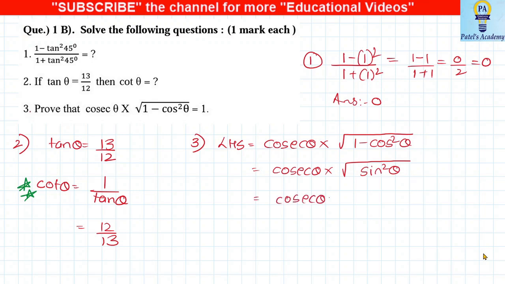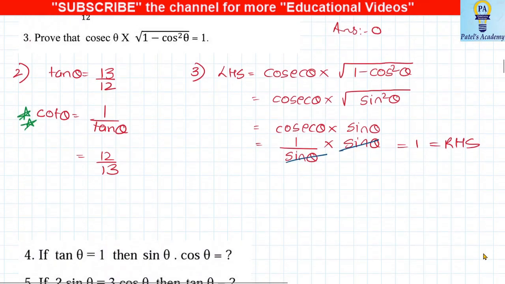This cosec theta as it is, square root of sin square is nothing but sine. So I'll write sin theta. Now we know that cosec is inverse of sine. So instead of cosec, I'm writing 1 upon sine into sine as it is. What we see is we get 1 upon sine theta into sine theta. So sin theta will cancel. We get answer as 1. That is nothing but equals to RHS. Okay. Understand the proving sums very properly, students. Okay. So let's start with the next one.